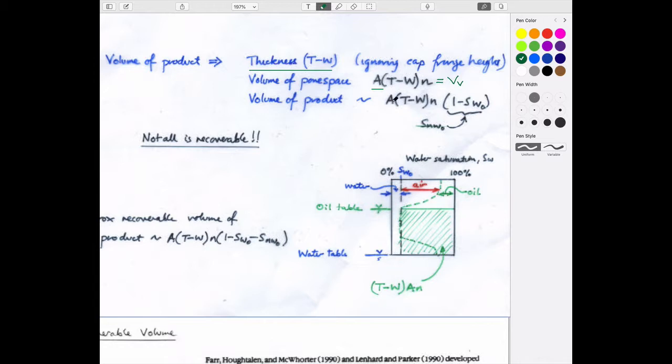And so if we want to calculate the volume of product that is present within our system, so this is the volume of oil. It's something like the plan view area of the contaminated lens as you look down on it, times which is this thickness. The porosity is the void space that is included in that volume. So this would be the volume of the aquifer that's